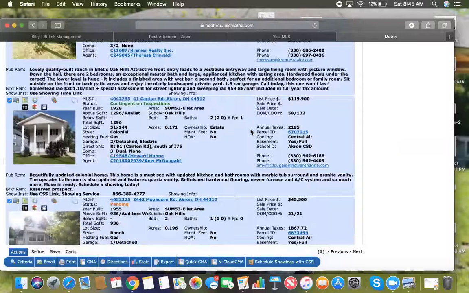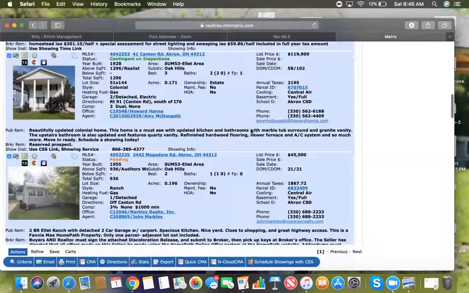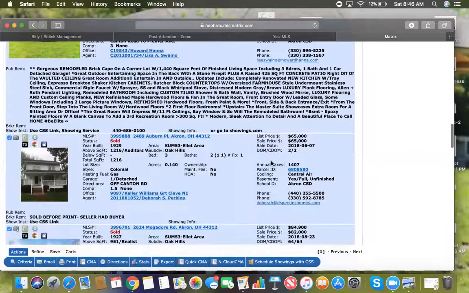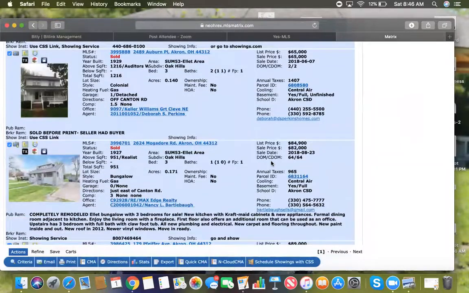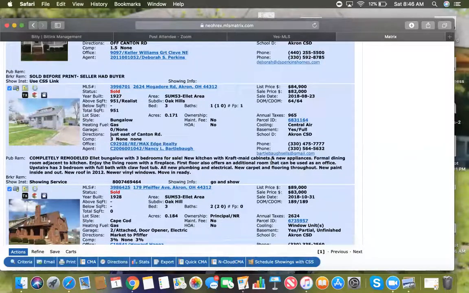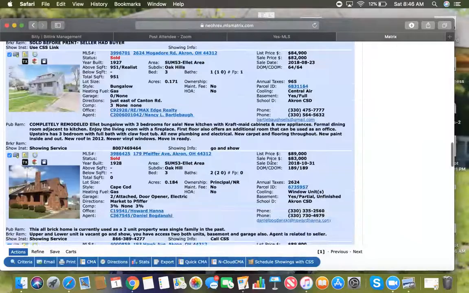It may have been because of the updates or something that was going on in there. So this is a contingent property. So what this is telling me, looking at this pricing, is that if my client's home is in good condition, no holes in the wall, it's been painted, it's been well maintained, we could potentially sell this property for anywhere between 80, I would say more like 85,000, up to potentially $100,000, depending on the number of upgrades that they have